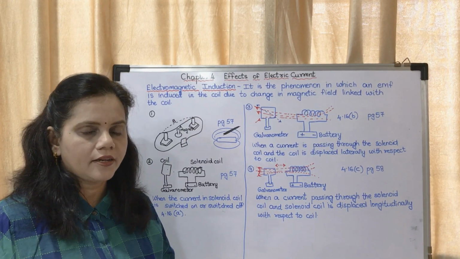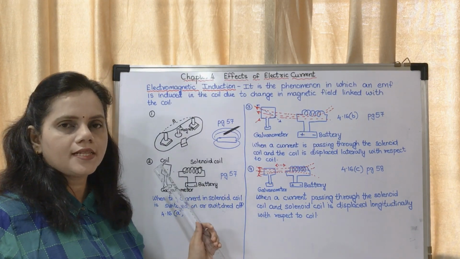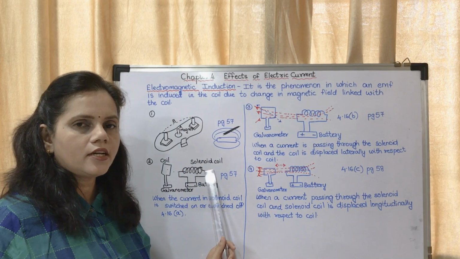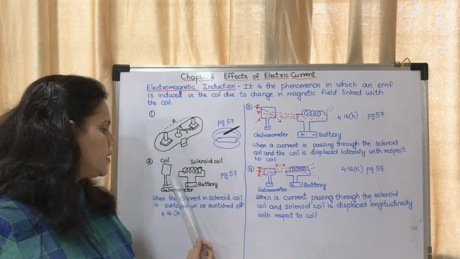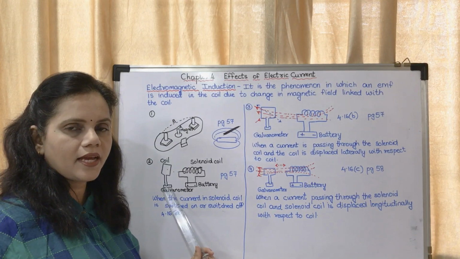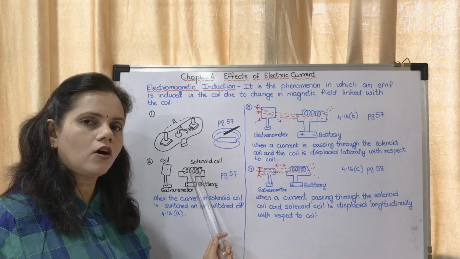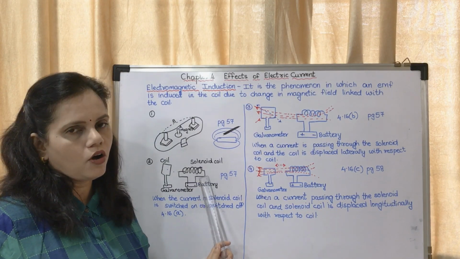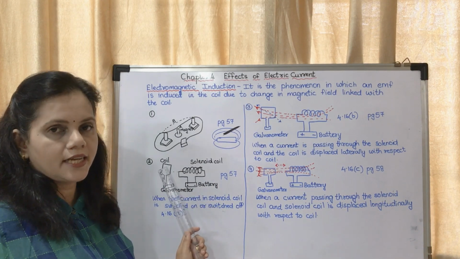Okay, so I repeat, what is the experiment? There is a solenoid coil, there is another coil. The solenoid coil is connected to a battery, that means there is electric supply. This other coil does not have an electric supply, it is connected to a galvanometer. You are putting the solenoid on, off, on, off, due to which what happens? The current is generated.